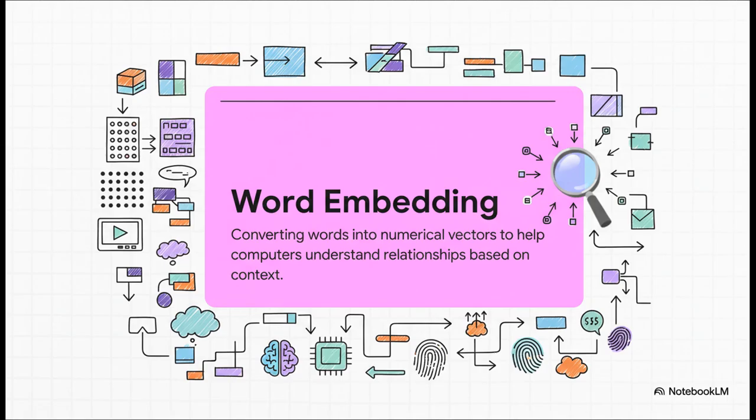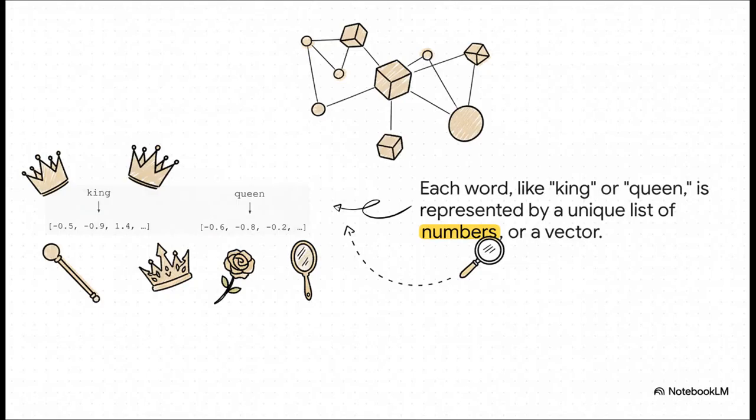So, the big solution that came along is this idea called word embedding. The easiest way to think about it is like giving every single word its own unique numerical fingerprint. It's this process that finally lets a computer start to see how different words relate to each other. So now, a word like king isn't just "king" to the machine, no way. It becomes a specific point, kind of like a star in a giant multidimensional galaxy of words. And its location is defined by this long list of numbers, which we call its vector. And of course, queen gets its own unique spot, its own vector in that same galaxy.